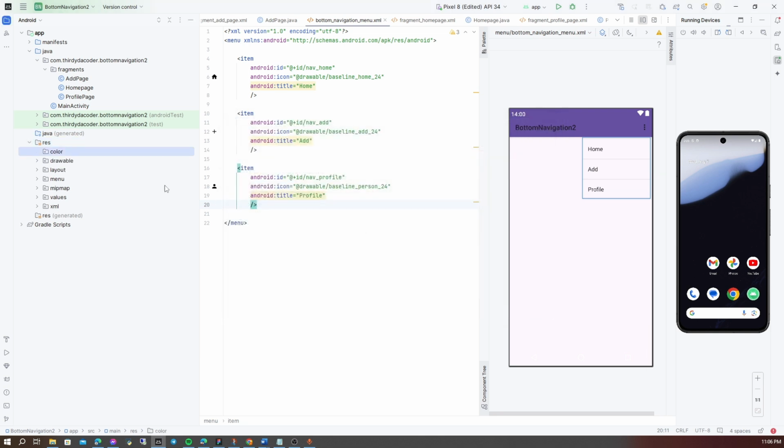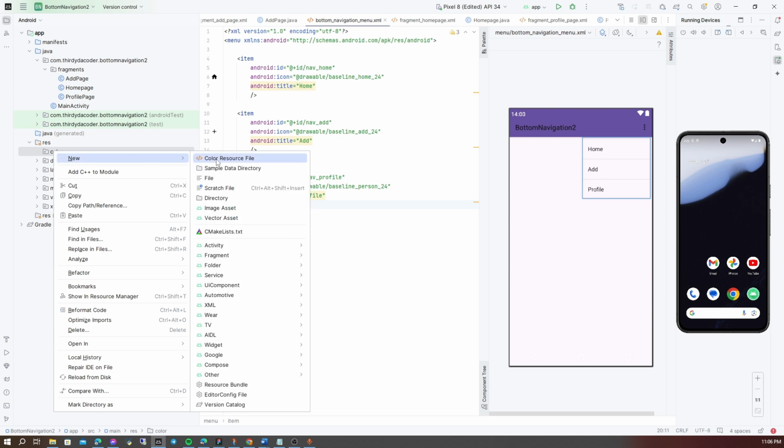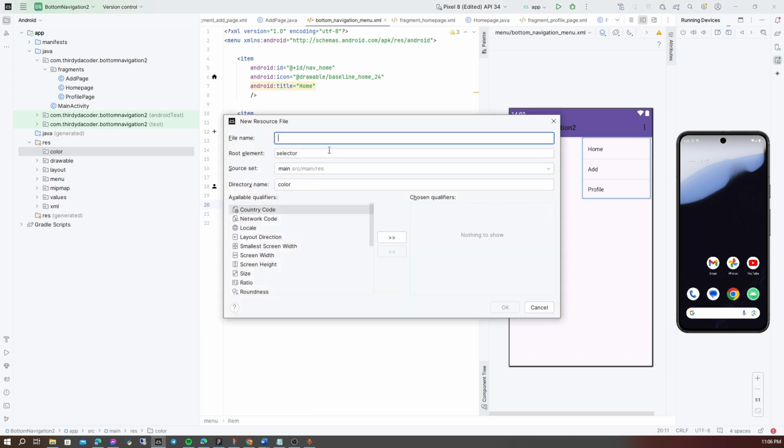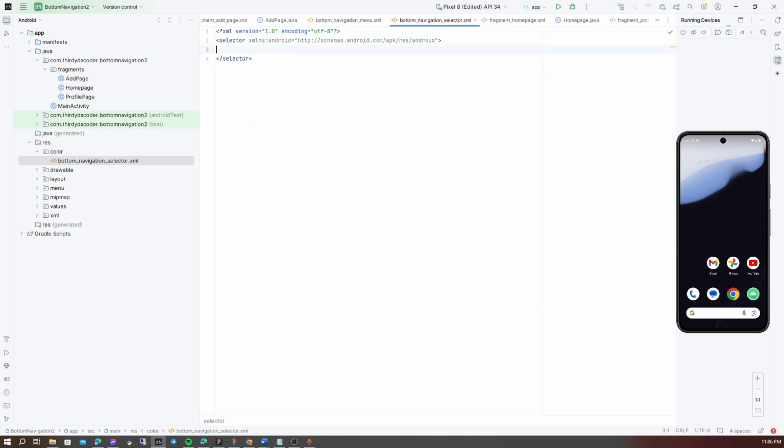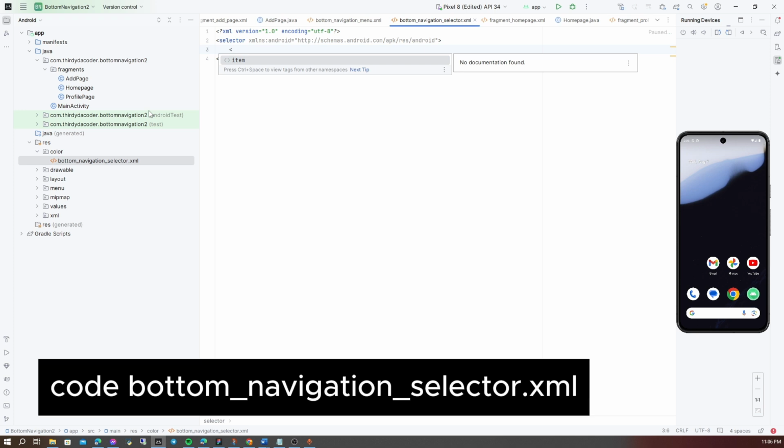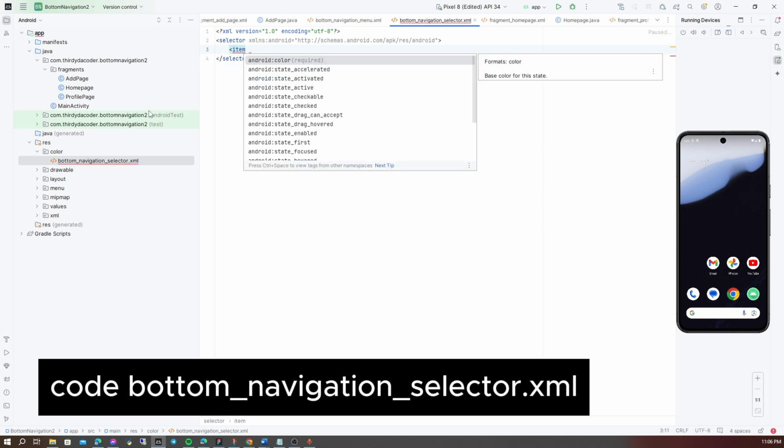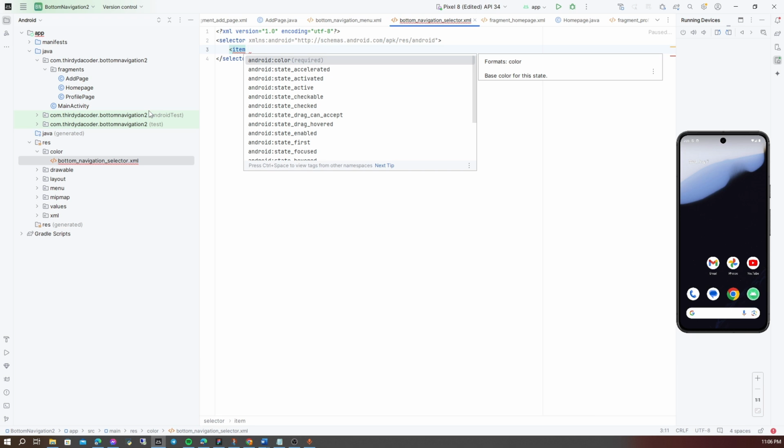Then in the color folder that we created, add color resource file. We name it bottom navigation selector. Click enter or click OK. Then in the selector, this code ensures that the bottom navigation icon changes color when selected or not selected.